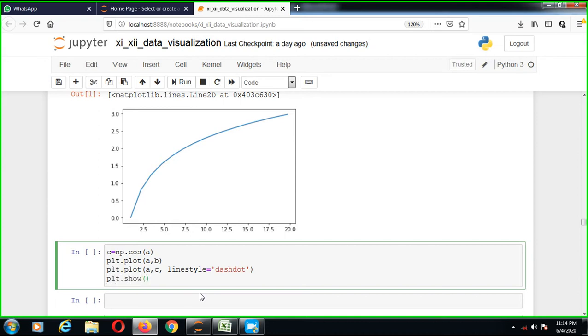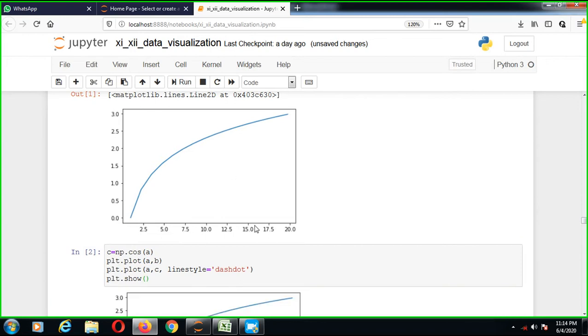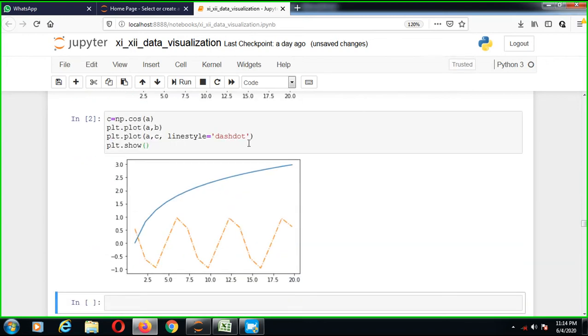Now see the output. Okay, so this is our output, and you can see this line is the dash dot line style, a different type of value plotting for c.